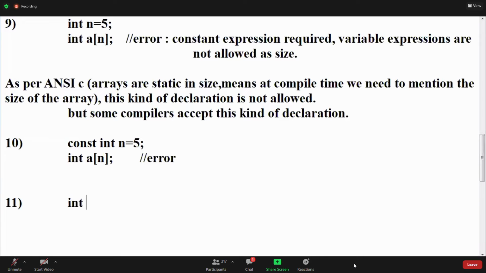Can I write int of 40,000? Is it valid or not, guys?